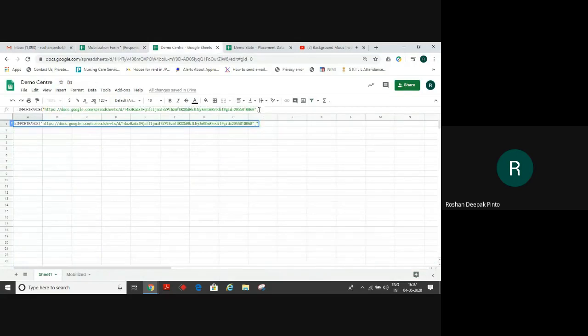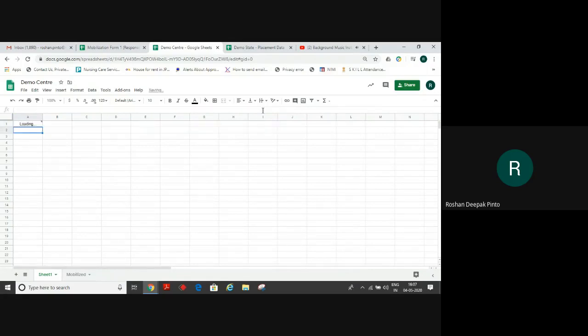So here I will write WS, exclamation mark, A to AB. When I close the inverted commas and close the bracket, it will ask for permission. We'll have to wait for some time till it accepts the permission.